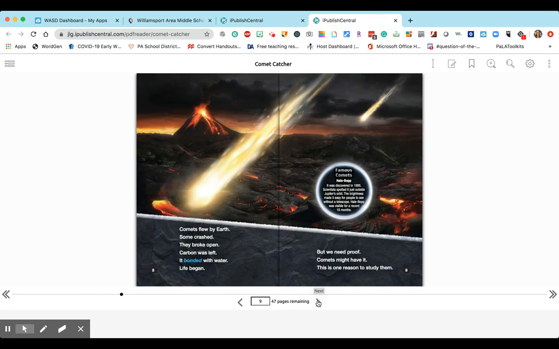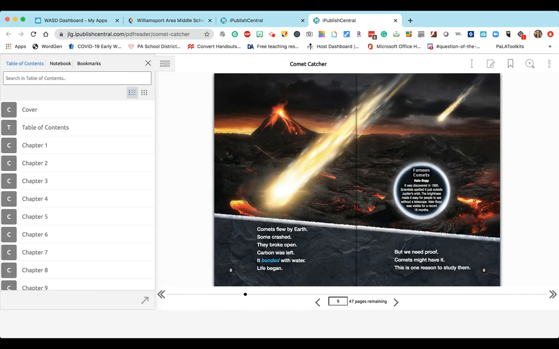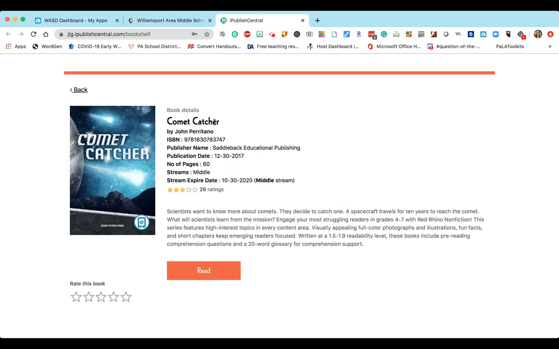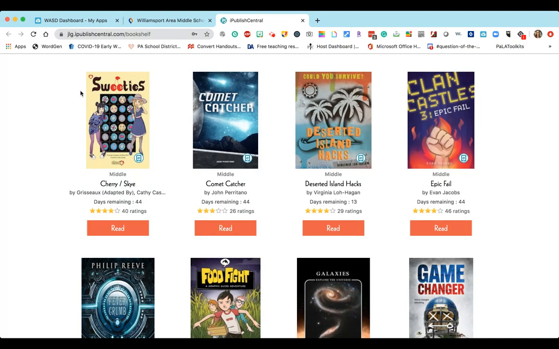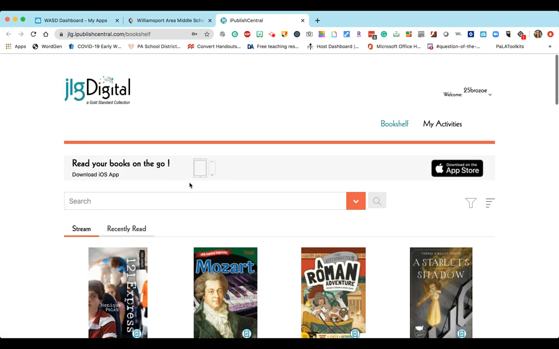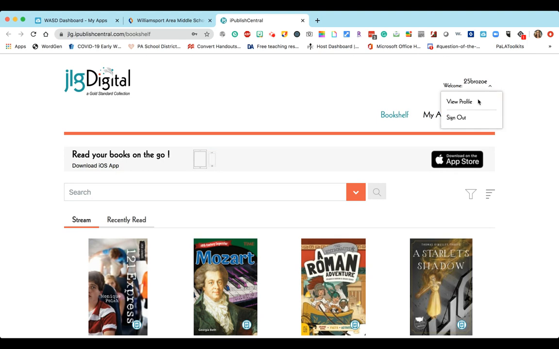And then when you are finished, you can close the book and go back to another book. To close the book, you actually just have to close the tab, and that'll take you back to the stream, and click the back arrow to look at other books. When you're finished, just make sure you log out,